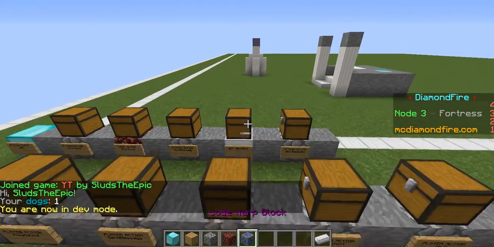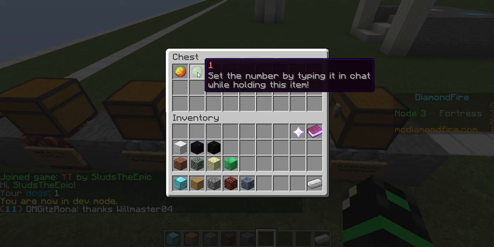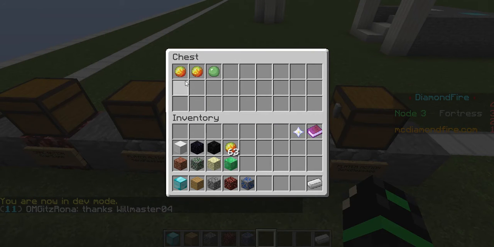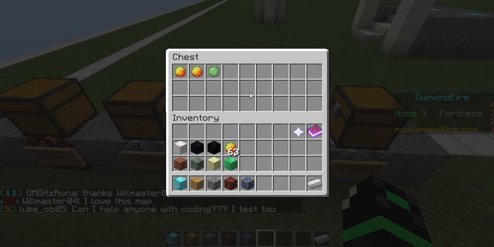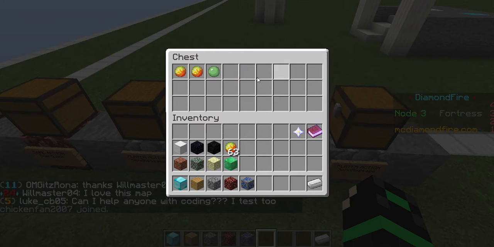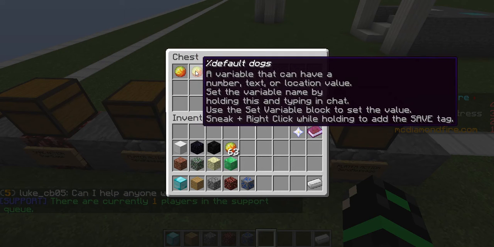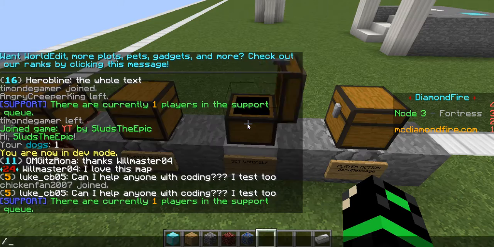And then let's say we could add ones to the variable each time they join. Then, like, let's move this over, and then this is the variable specified, and then the rest of this space, it'll combine all of it to make the value of the variable. So this is %default dogs combined with default dogs and 1. So that'll make